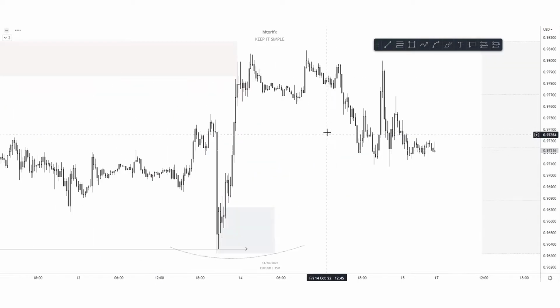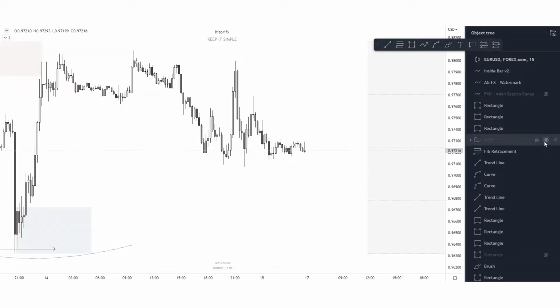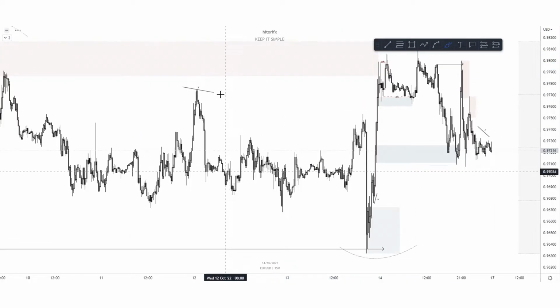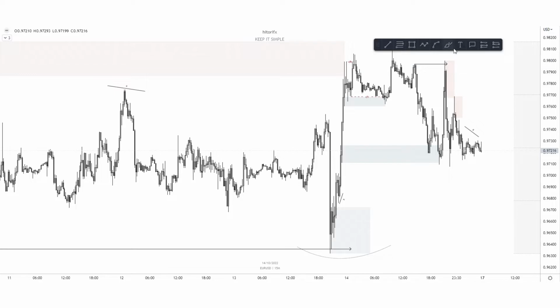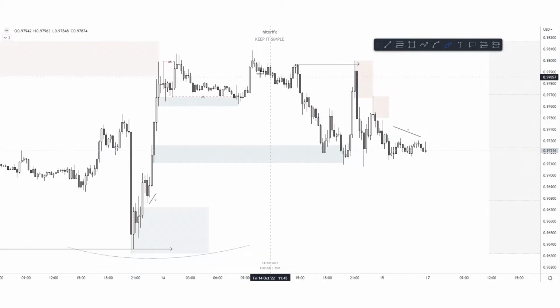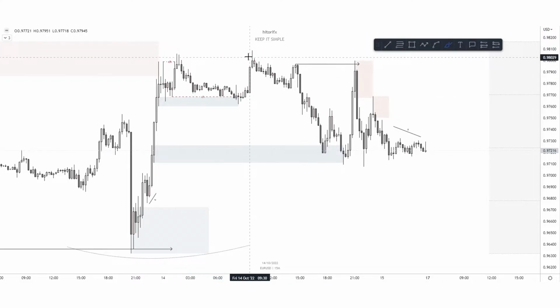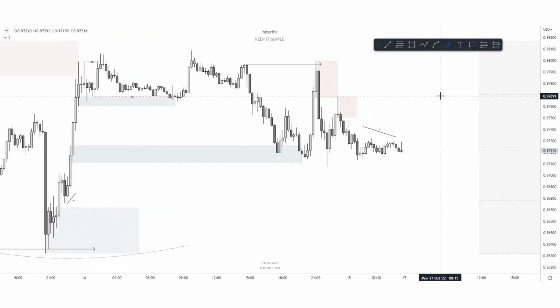So essentially, on the M15, let me just pull this out real quick. On the M15, we came up to this supply. Maybe you could say this is inducement, because we came up, swept it, and then we saw an order flow change. We did sweep something here as well in the initial reaction. We swept that, came up, swept that again, and now we're seeing supply respect. So essentially,